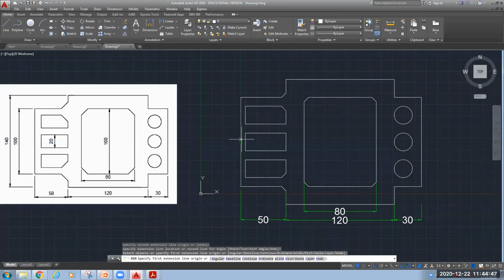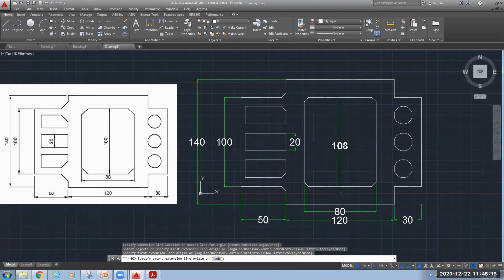Now for this line, I'll bring it to this location, and the distance from this point up to this point is 140. Okay, the inside dimension, this one is your 20, and the distance between this point and this point is 100.